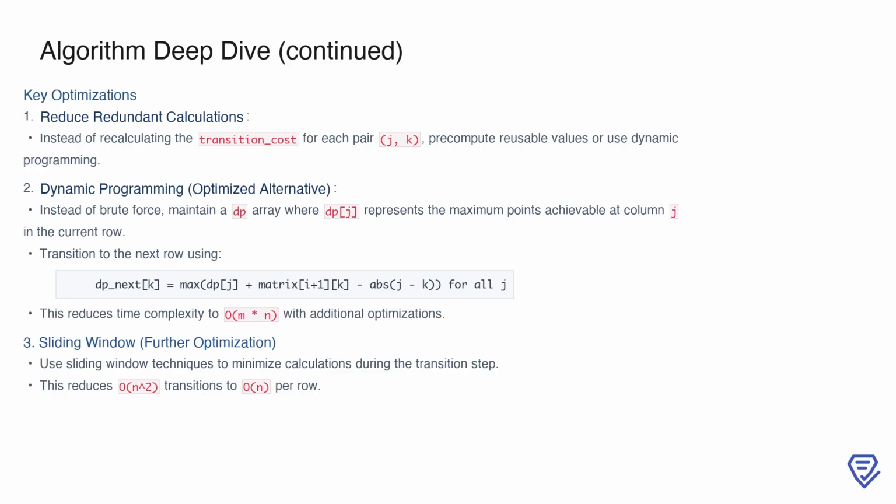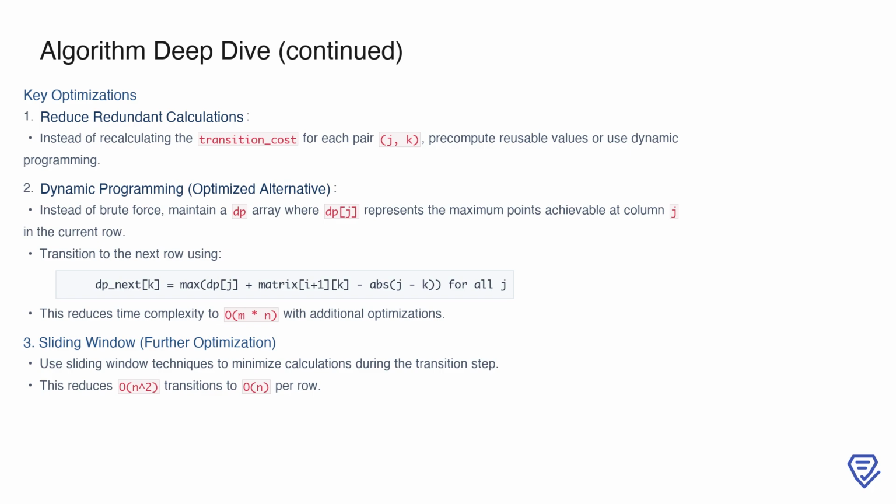For even greater efficiency, we can apply a sliding window technique to minimize calculations during the transition step. By carefully managing the maximum values within a sliding range, we can reduce the computational complexity of the transition step to O(n) per row. These optimizations drastically improve performance, making the algorithm scalable even for large matrices, while still guaranteeing